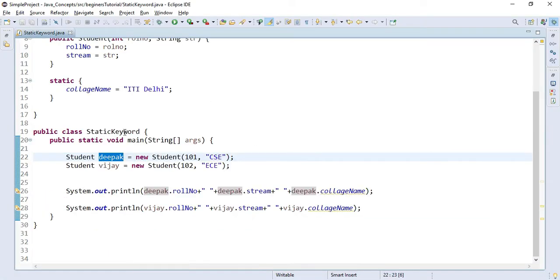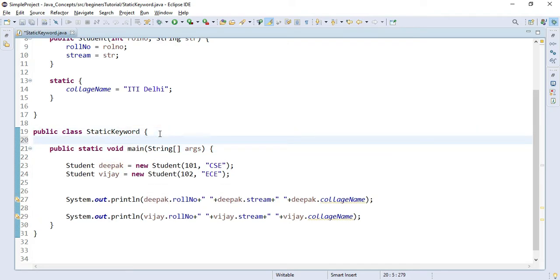And the same thing happens with a static method also. As you can see, in our static keyword class, we have created this main method as static. It means this particular method will be initialized in the class area, and that too only once.